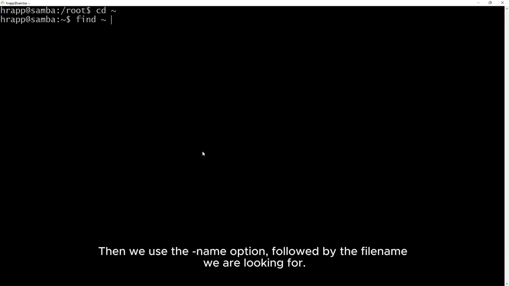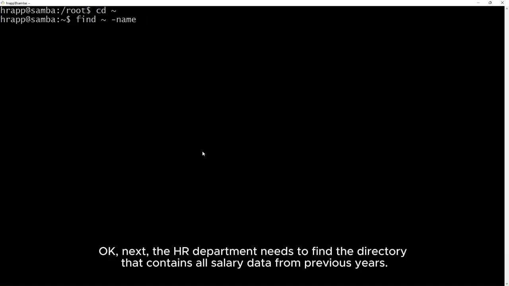Then we use the name option followed by the file name we are looking for. Okay,